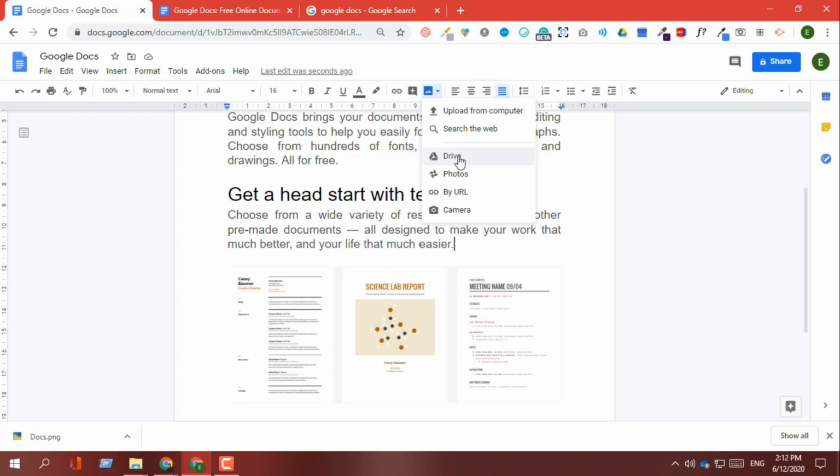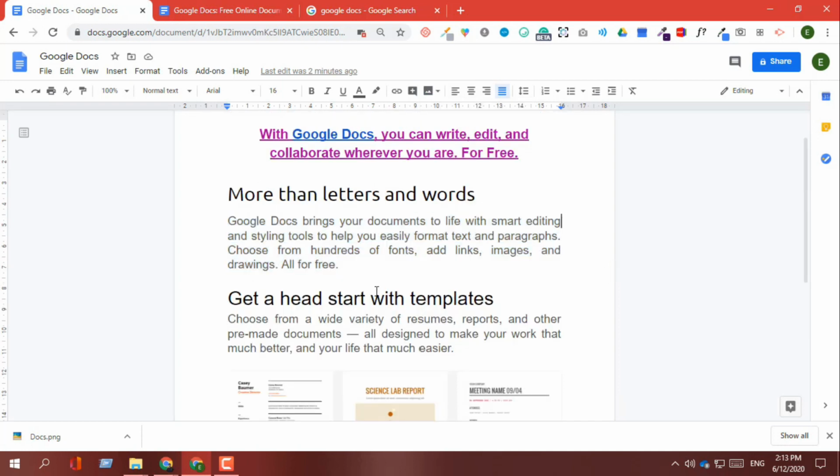upload. If you have any image in your Google Drive and you want to add that particular image to this doc, you can just click on Drive and add this particular image from your Google Drive. Or even you can add the particular image from your Google Photos, or even by URL. Or even if you want to add any image, let me show these two, all the four alignments.